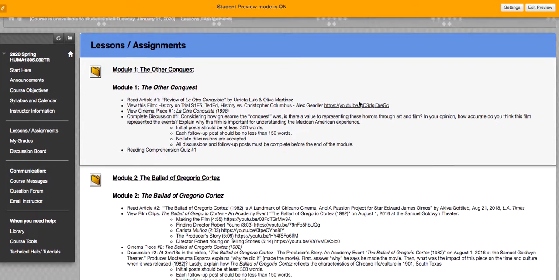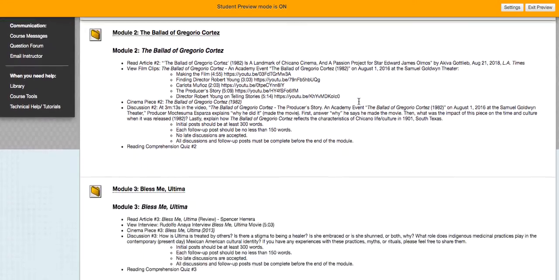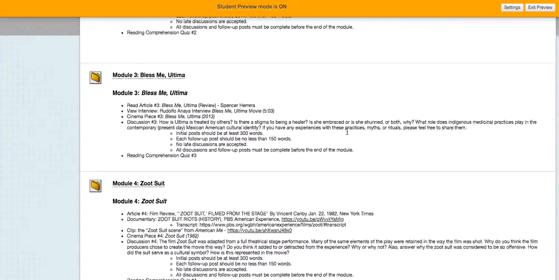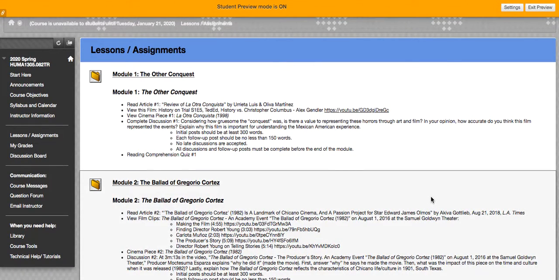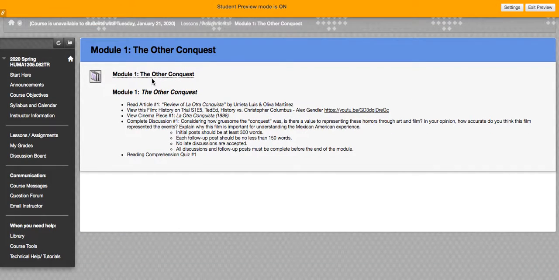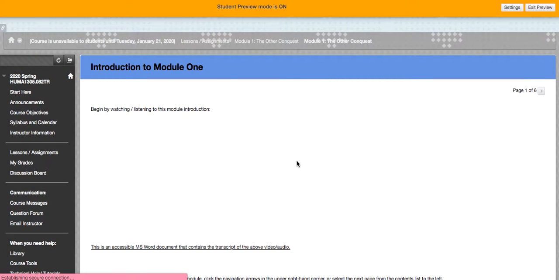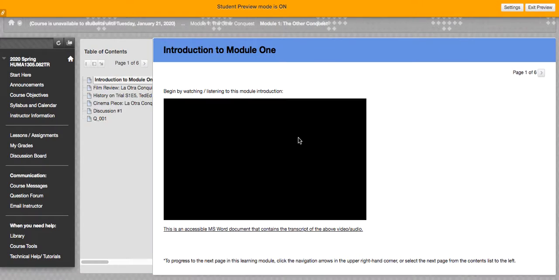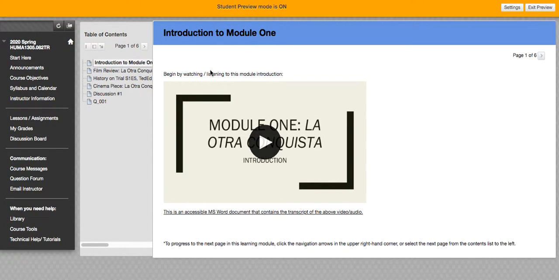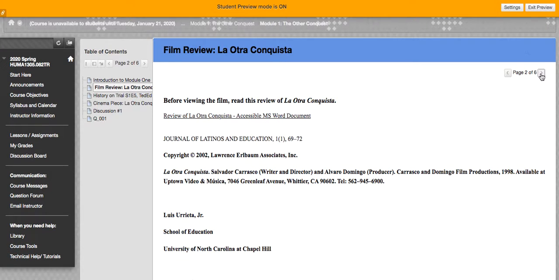And this class is very straightforward. We have 8 modules, so that's 1 per week in an 8-week format, or it would be 2 per week in a 16-week format. And every module has some videos to watch, some things to read, and every module begins with an introduction kind of lecture from yours truly. So watch that, and then to progress through each module, you just click that link up in the right corner,